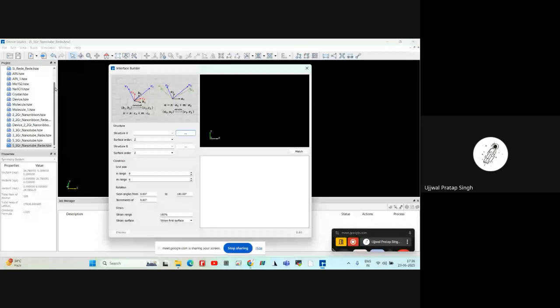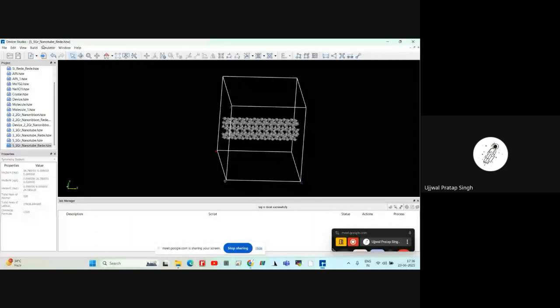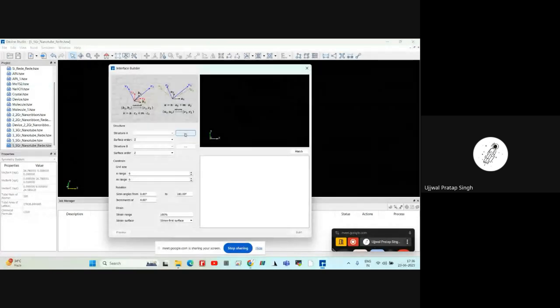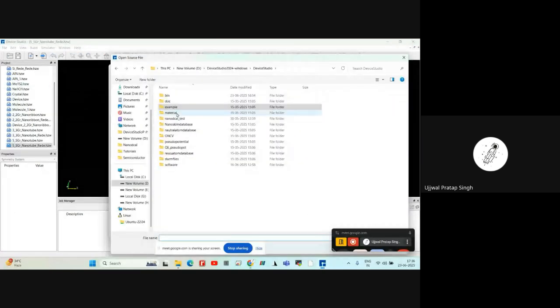To create a heterostructure between two different elements, two different material files, go to the build, then interface builder. You can see structure A and structure B. By clicking on this, in 3D material,